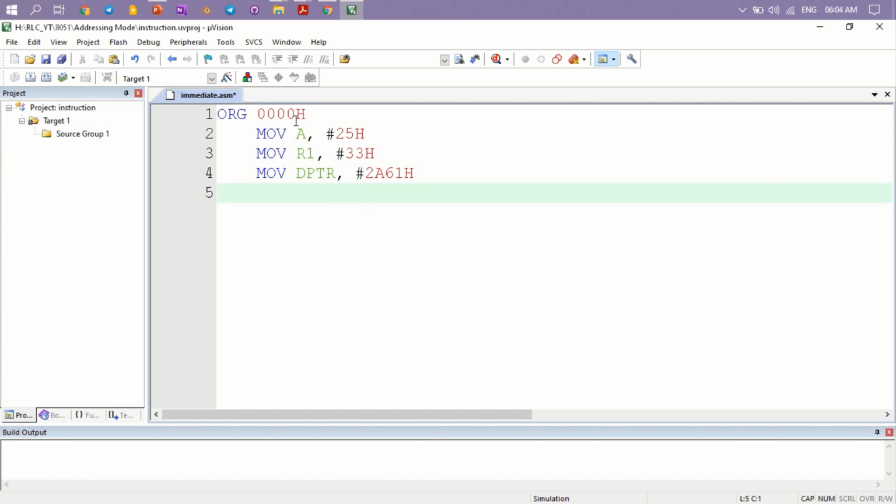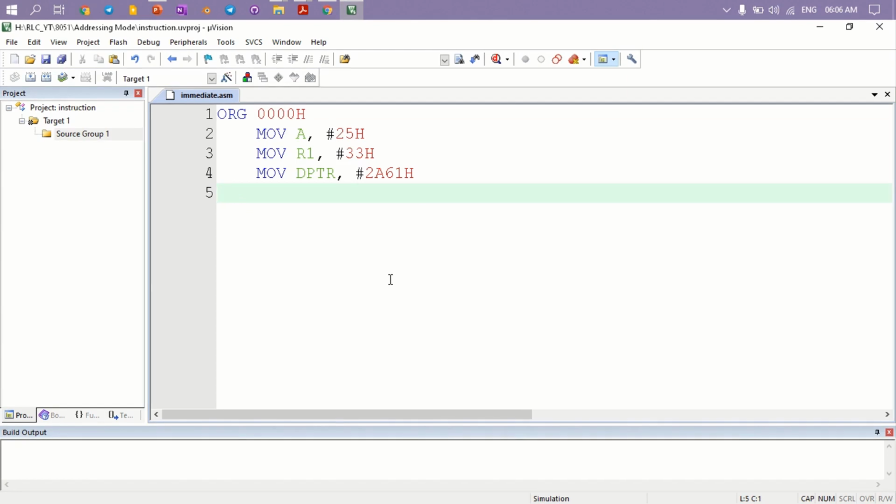Okay, we'll save it. We can see here there's a star mark which indicates this file has not been saved. So click on the Save button. Now the star mark has gone. I'll show it once again. If I add any space, we can see that the file has changed, and it is indicated by the star mark. So if this star mark is there, make sure that you click on Save and the star mark will be removed.